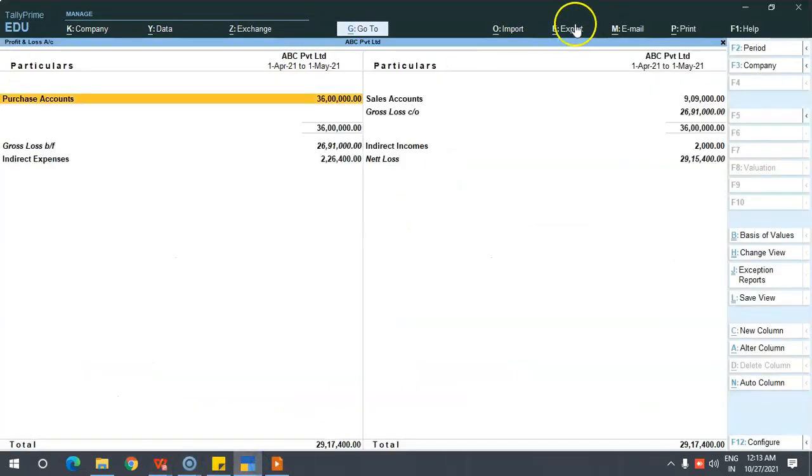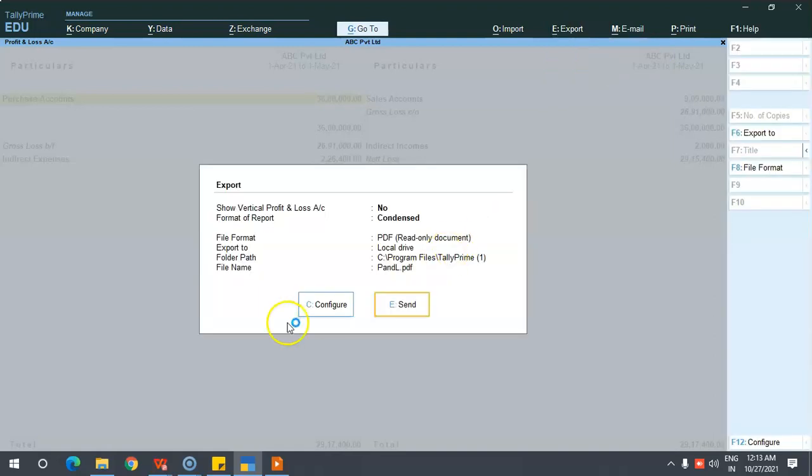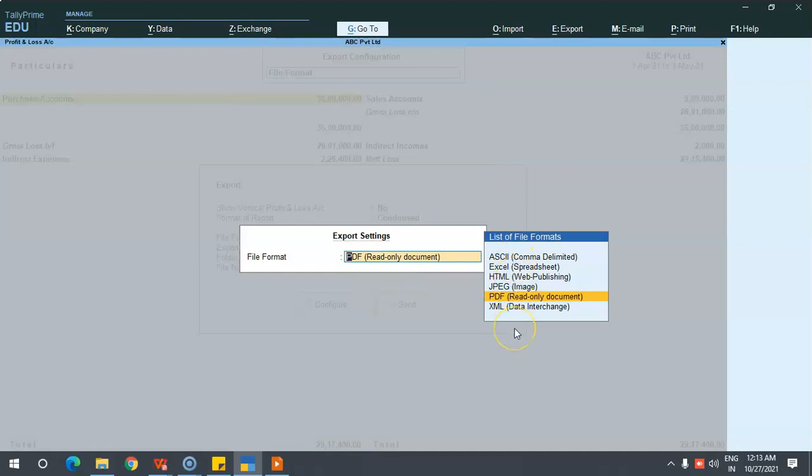Likewise, one thing I would like to tell you about the export option. Here the file formats are 6 types: ASCII, Excel, HTML, JPEG, PDF and XML.